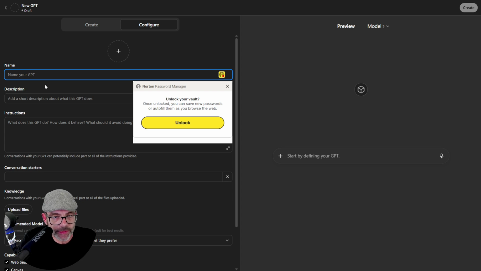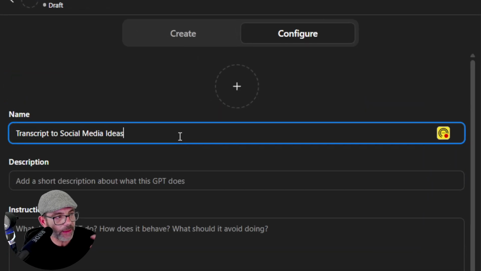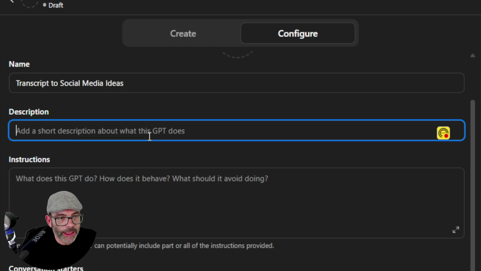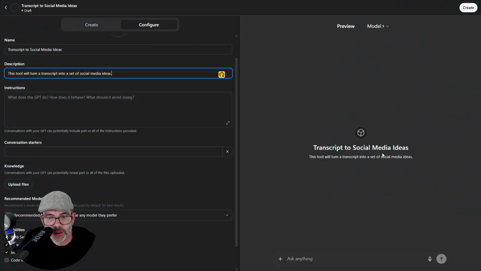I'm first of all going to give this a name. So I'm going to call this Transcript to Social Media Ideas. So this is a name that the tool is known by. And here you can write a quick description. This tool will turn a transcript into a set of social media ideas. Okay. And as you are filling this in here, what you will notice as well is just on the right-hand